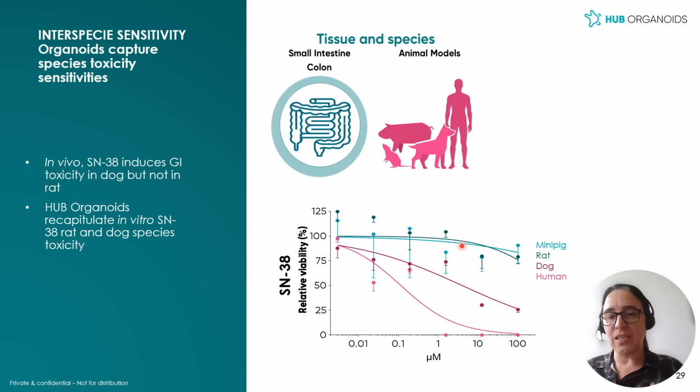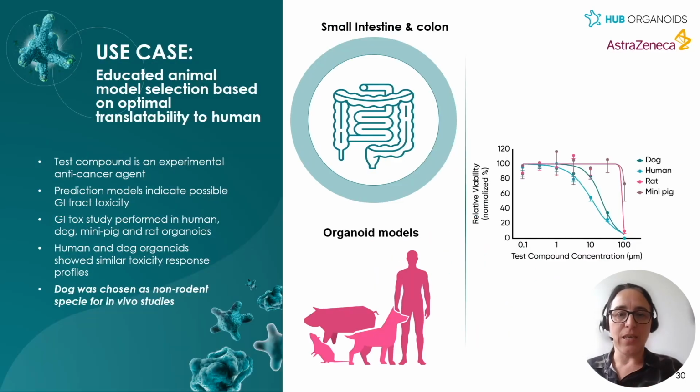And now we are extending the number of compounds that we are evaluating this historical interspecies sensitivity difference with the idea to support, and the next slide is a showcase, an educated selection of the animal model